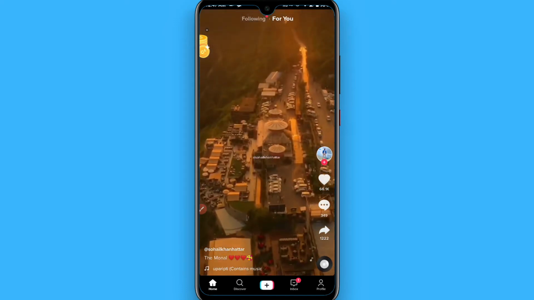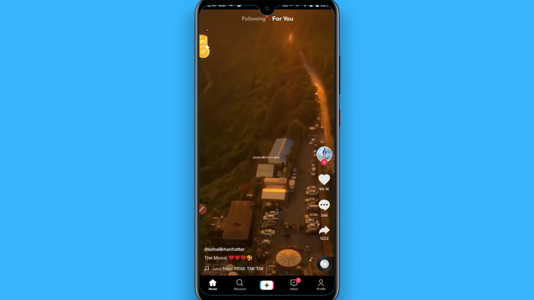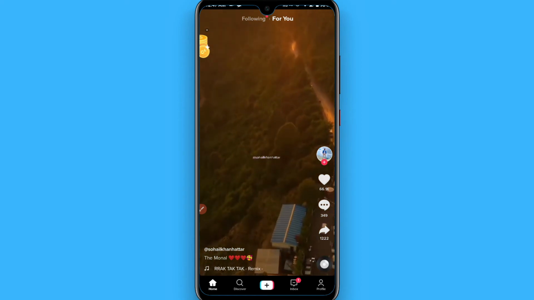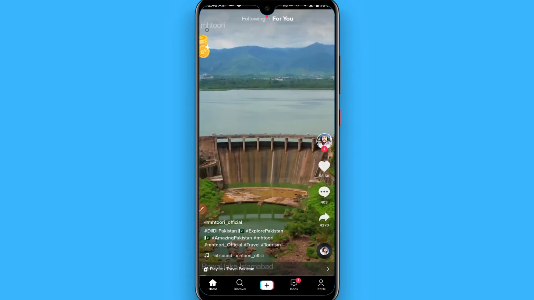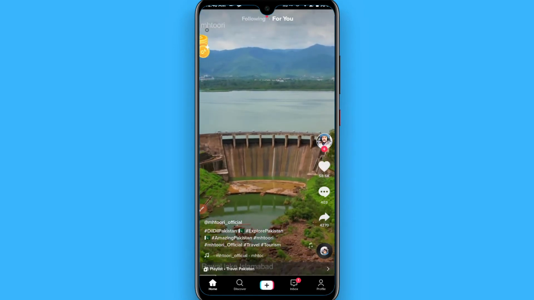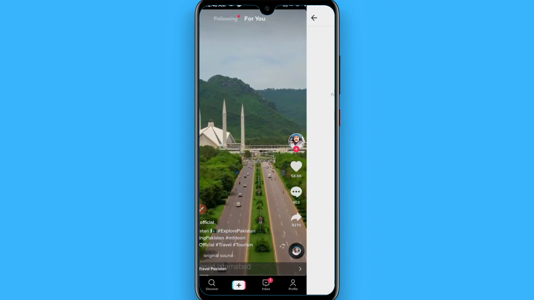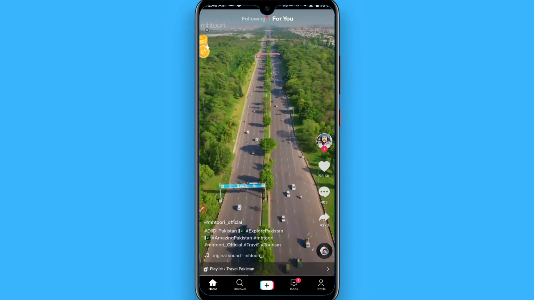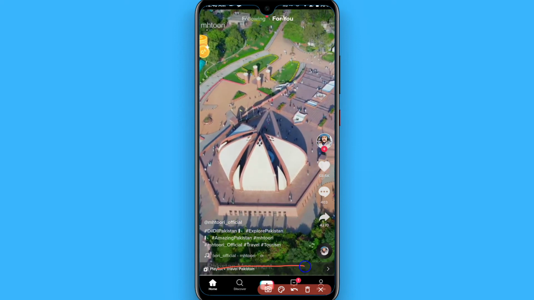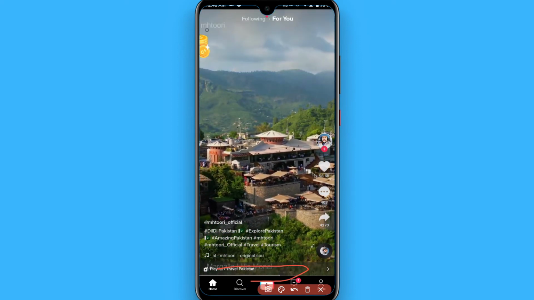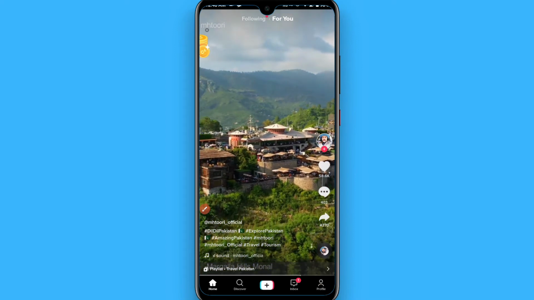So how can you do it? Right now you won't find any fast forward or skip part in this video. We can simply scroll up a video and fast forward it, but not by swiping to the left or right or anywhere else. So where can you find it? If you notice, you will find a white line here. You can see it's moving to the right, so you can control the fast forward or skip feature right here.